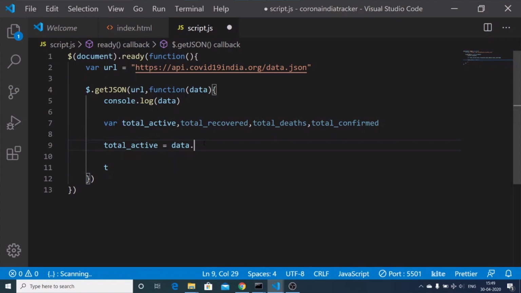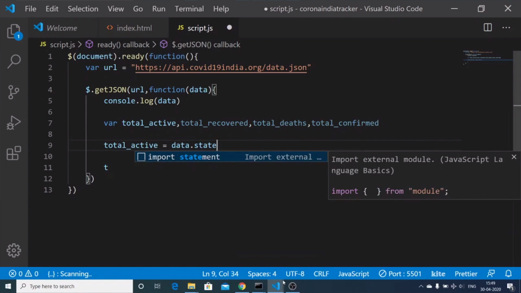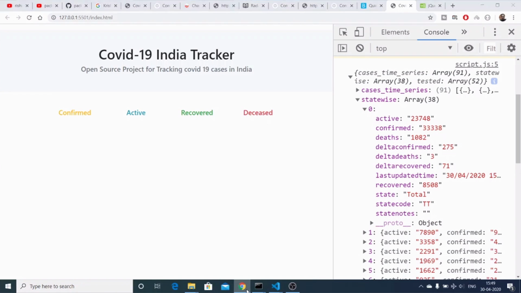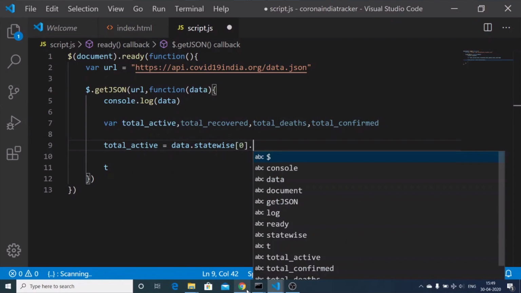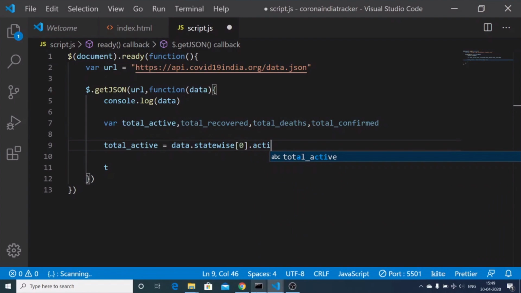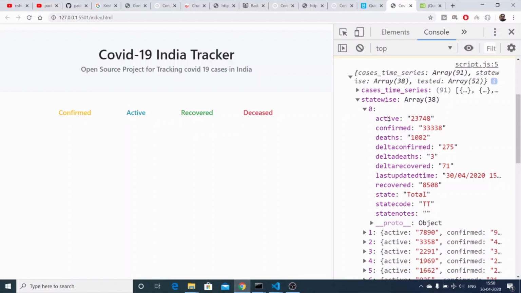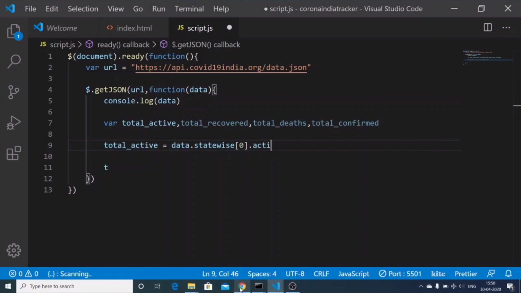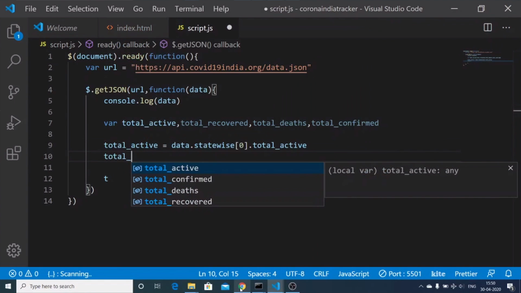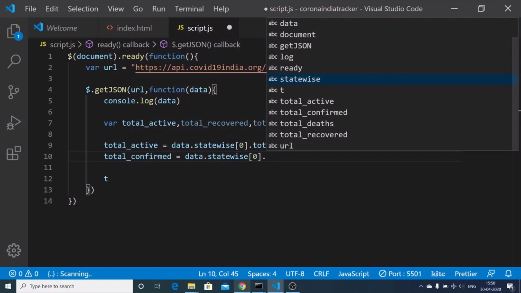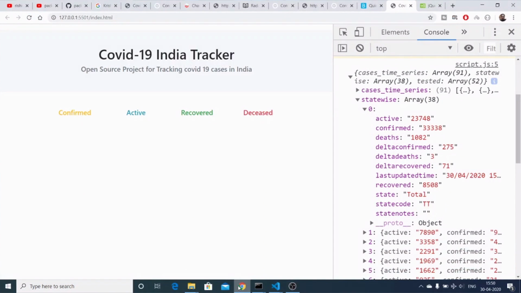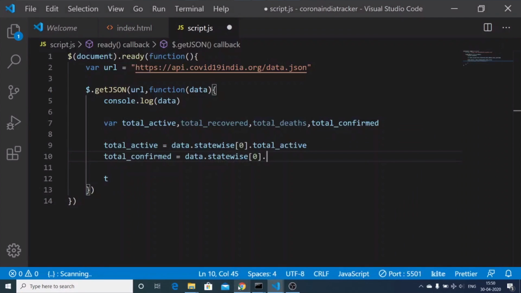So total active will be equal to data.statewise. Let me just check the spelling, which is statewise here, and this contains the first element 0 dot, and here there is a property, as you see on the screen, active. So this is a property, active, and similarly we can get our total confirmed as well, data.statewise 0 dot, and inside this we have confirmed.